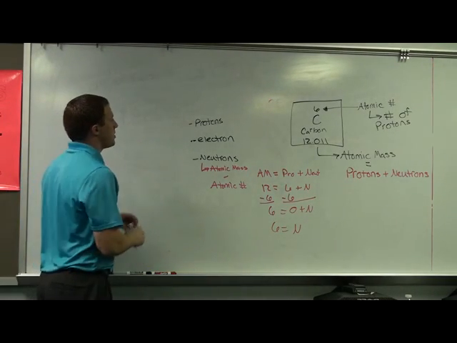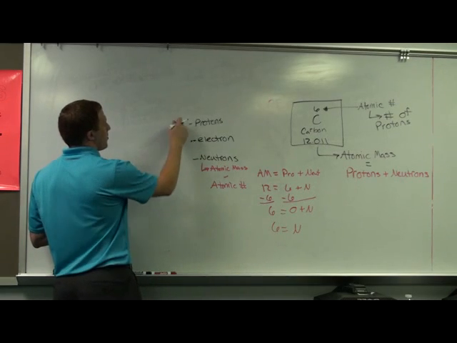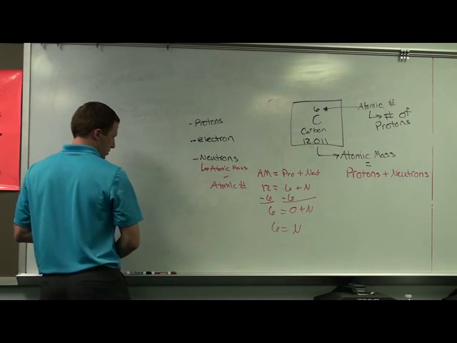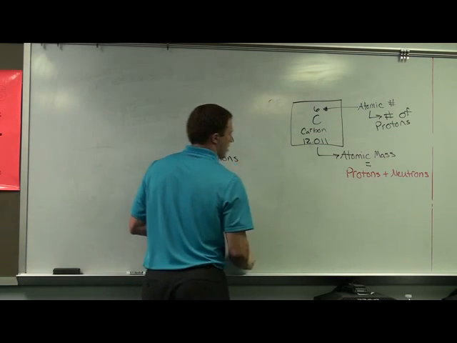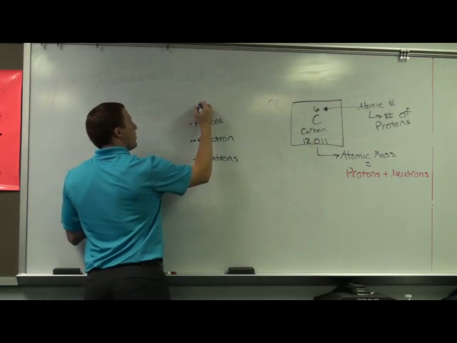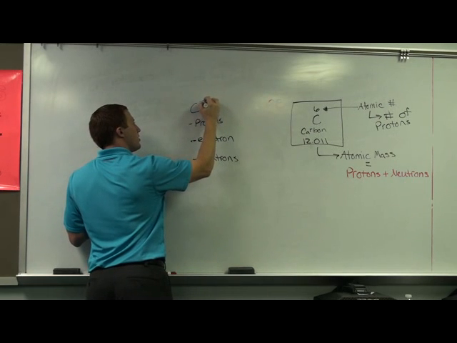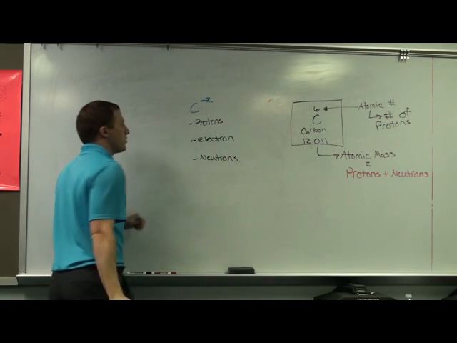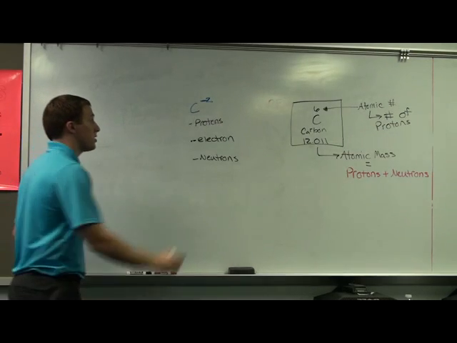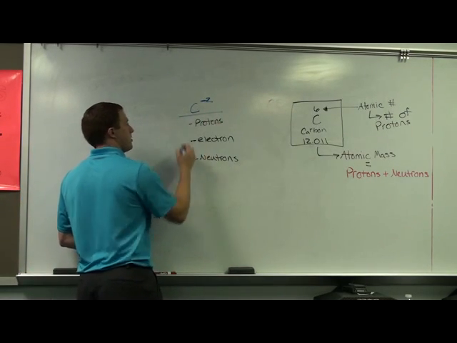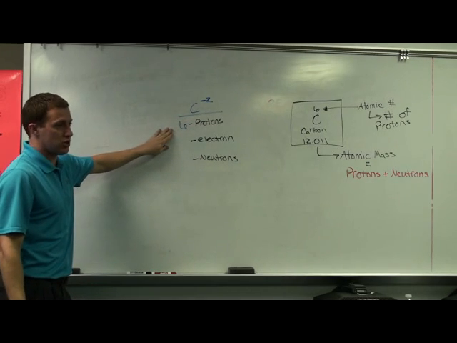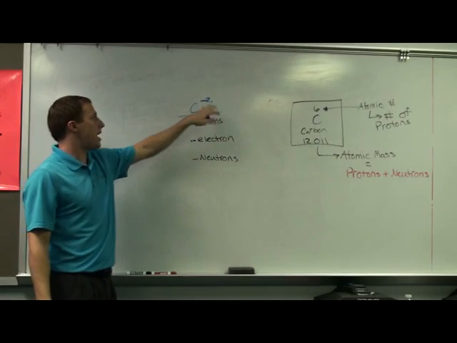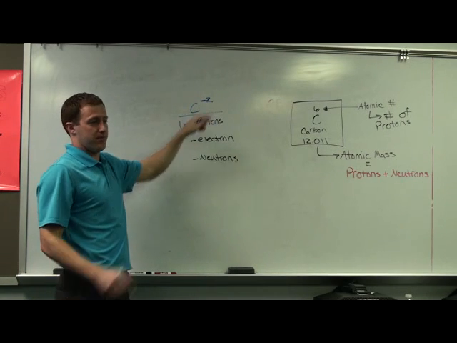So what they might do is they might say, okay, I want to know how many protons, electrons, and neutrons are in carbon with a charge of -2. Carbon with a charge of -2. How many protons does it have to have? 6. Okay? So if one of your answer choices doesn't have 6, don't choose it. Now, it has a -2 charge, so what happened?